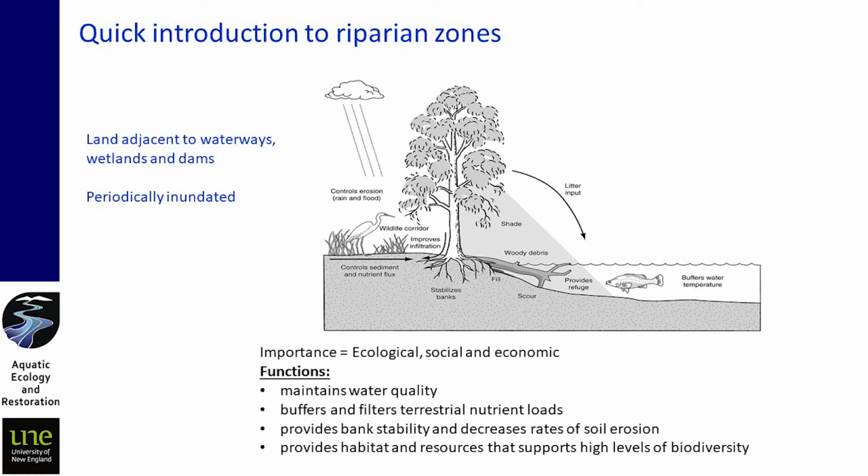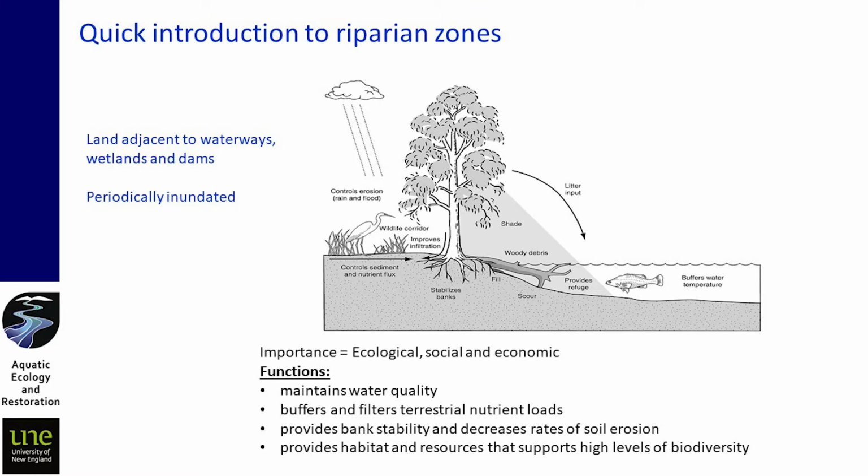So they're ecologically, socially and economically important. Obviously, economically, in a production landscape, they are the richest parts of our lands, and so there are production values associated with that and a lot of stresses because of them being the richest areas of our landscape. They also have a lot of social benefits. People like being around water. It's important for our recreation, it's important for our psychology, and so these are the areas that we stand on when we're fishing, when we're launching our kayaks, when we're picnicking by the river.